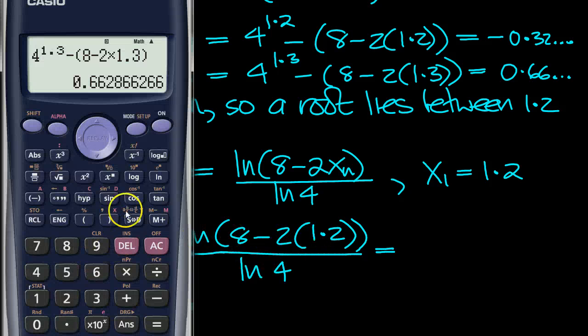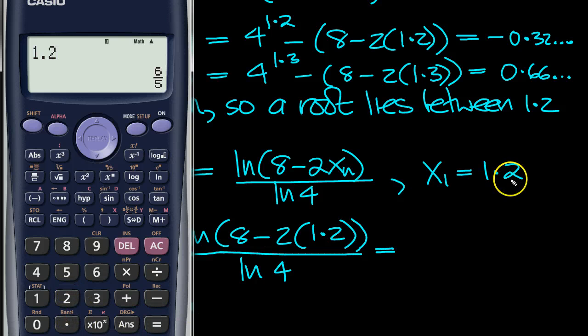So type this in then: 1.2, equals, so that's in the calculator. Now we get ln, natural logarithm, bracket 8 minus 2 times answer, the 1.2, close bracket,